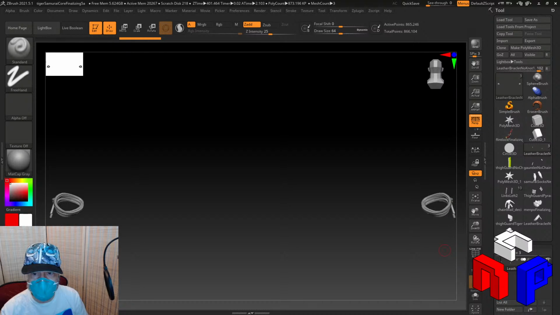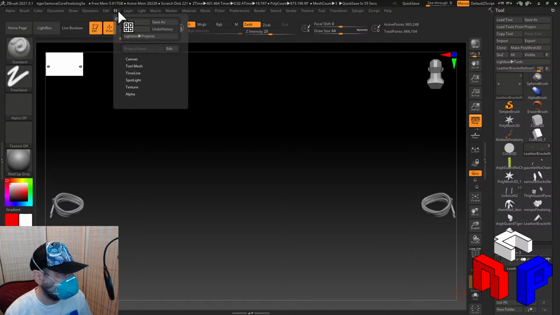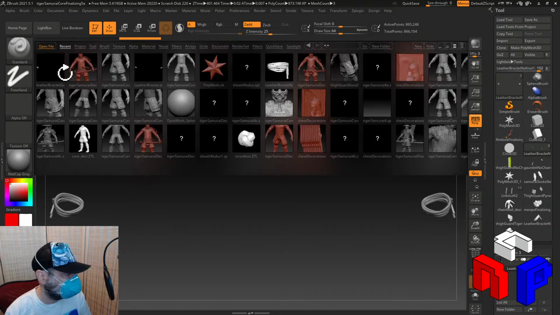I'm going to call it leather bracelet good. I'm not going to assume that it's final, just because I might want to upgrade some of those edges. All right. Now we have to take this into